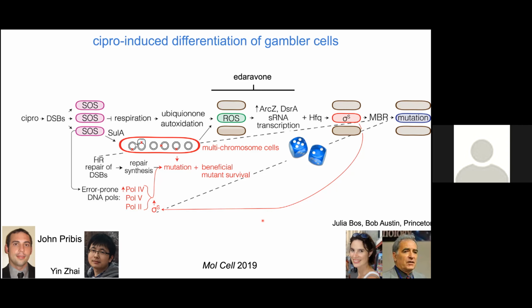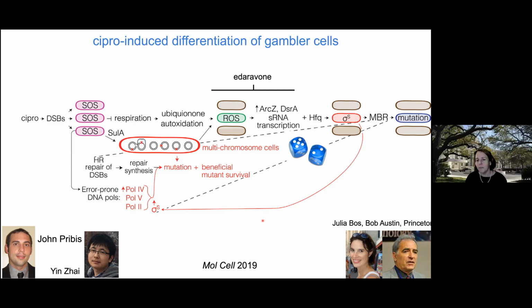I have one other question, which was, so the gamblers are clearly different, but do you know the mechanism? Maybe I missed that, about why they have such a higher mutation rate? Yeah. Well, I'll tell you what we knew when we published this, and then I'll give you a word about Yin's exciting unpublished results that I'd hoped to get to, but didn't want to use up my time.